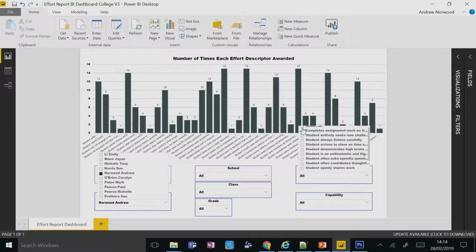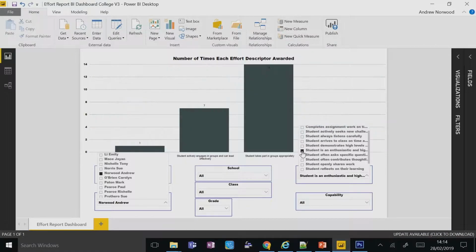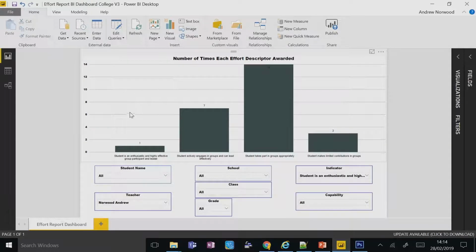So I found that I was never giving the top grade for group work. I only gave "student is an enthusiastic and highly effective group participant and leader" once across the entirety of